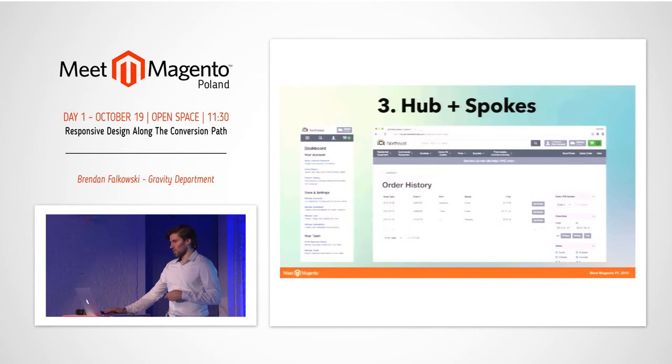But if you have a very complex site with many modules, it can be better to have a hub and spoke model where instead of a persistent navigation list, users navigate back to the dashboard through breadcrumbs. So for Carrier Enterprise's site, we use this pattern to keep every module focused on the actual actions that you're doing in that space, rather than on the navigation to other modules. And this is really important for them because they're a B2B site, so their customers are returning